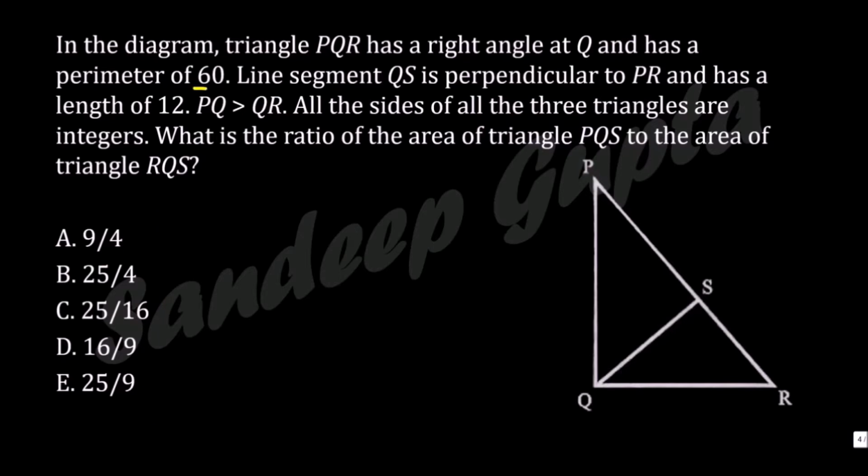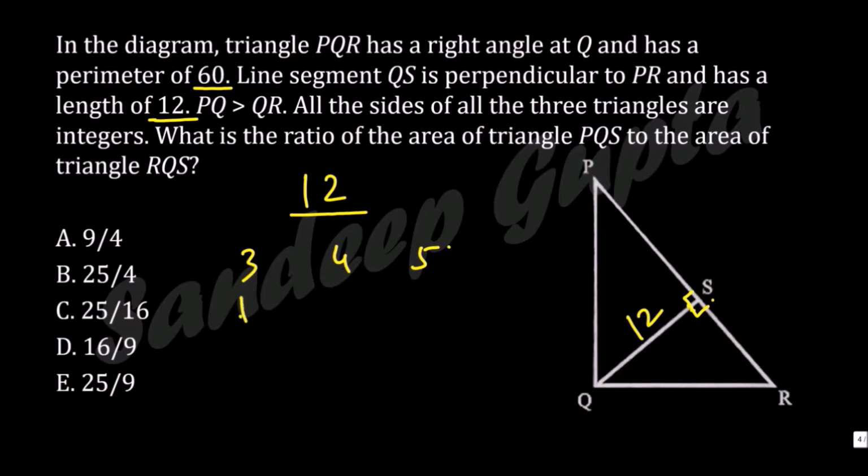You're given this number as 60, but this is a sum of many things, so really this doesn't help much. And you're given this number is 12. Let's see, 12, this is a perpendicular, this is also a perpendicular. Now 12 is a very special number when it comes to right angled triangles. Why is 12 such a special number? Because we know that 3, 4 and 5 is the first right angled triangle, first Pythagorean triplet. And coincidentally, you will notice that 12 is a multiple of 3 and a multiple of 4 both.